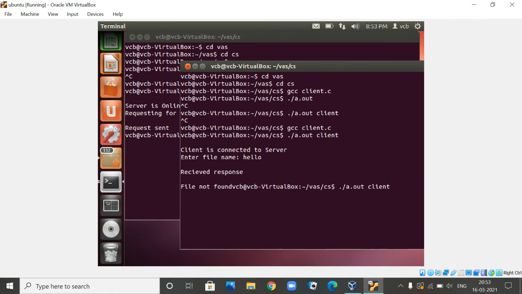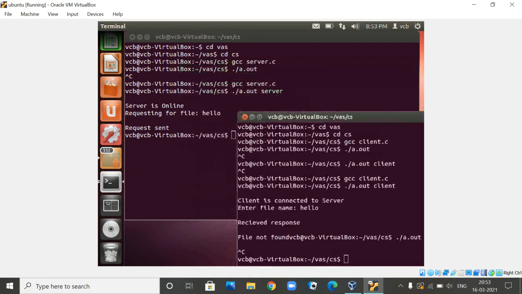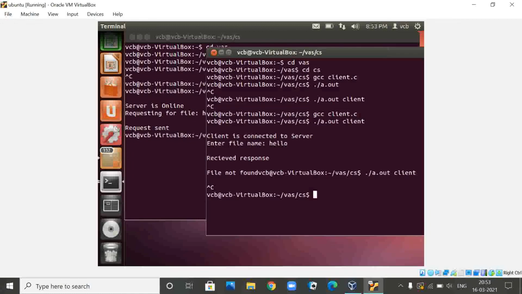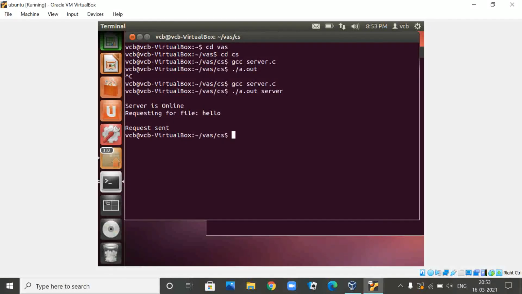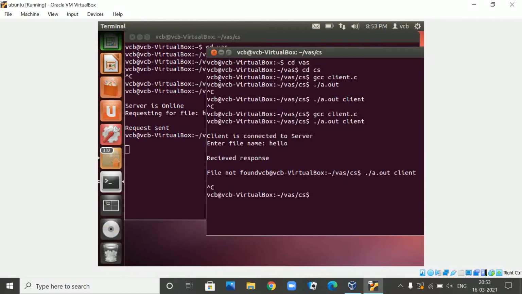I'll stop it. Now you can see the server is not running. So first, again here, I am going to start the server, and now again here we'll start the client.